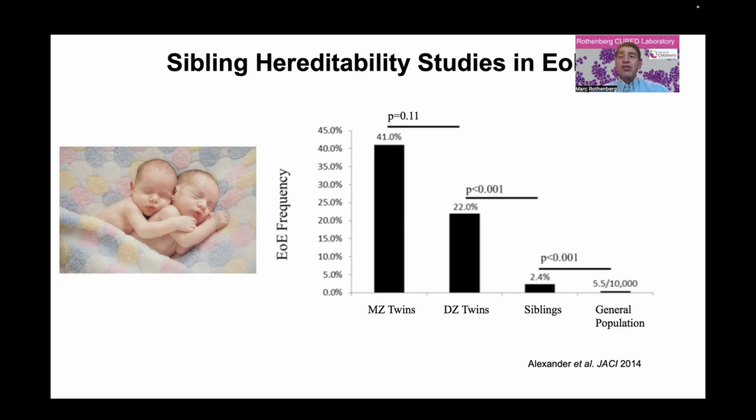But that also shows that even if you're genetically identical, monozygotic twins, you still have only a 40% chance of developing the disease, indicating that genetics is important, but also other factors, particularly environment. Now, we were most struck by the finding that dizygotic twins, which share the same amount of DNA as regular siblings, shown here, had a nearly tenfold increased risk for the disease, indicating that it was the early life environment that was leading to the susceptibility for the disease.